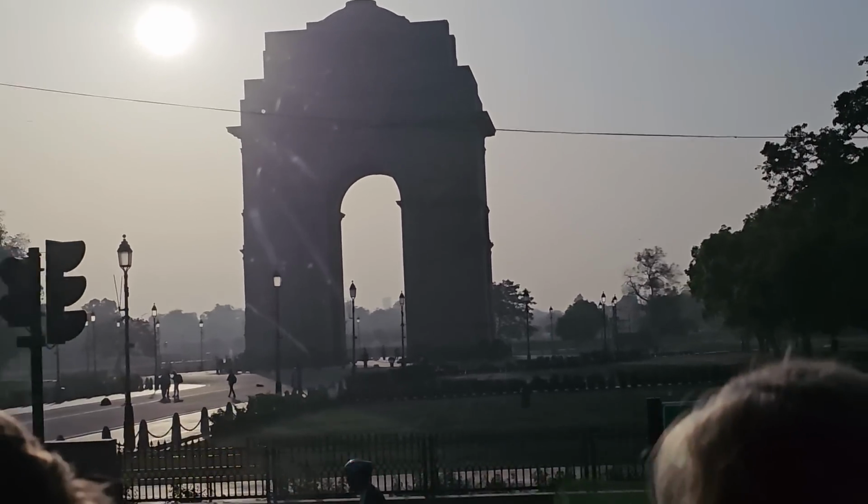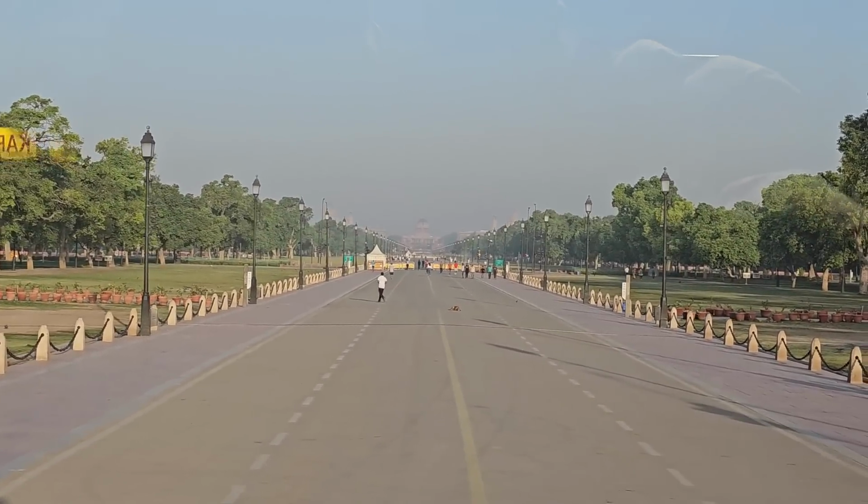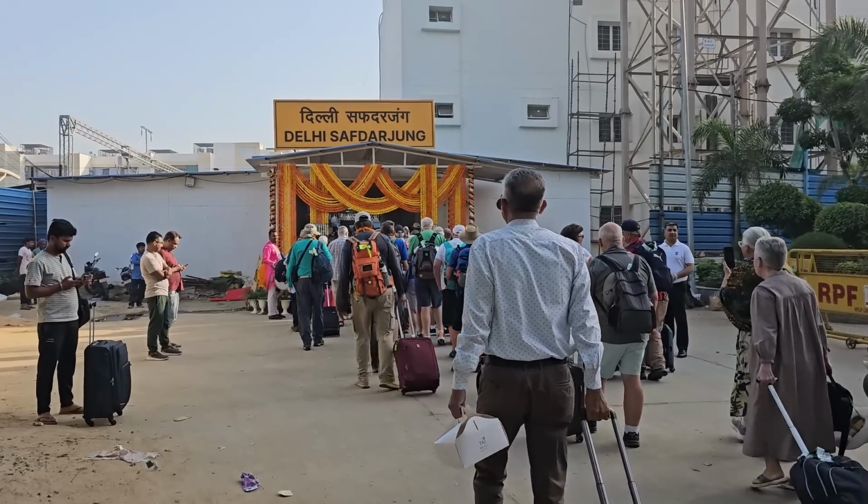It's a beautiful city that was designed, when you can actually architect a city. That's what you can see in New Delhi. They can do it well. Yes. And then we had to get to our first destination, which was a private train from